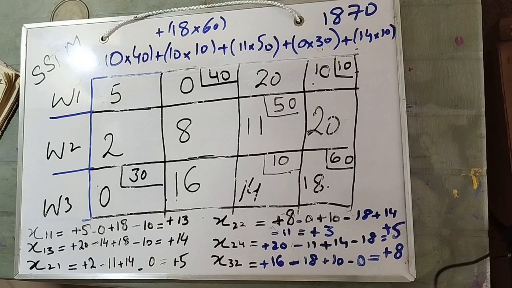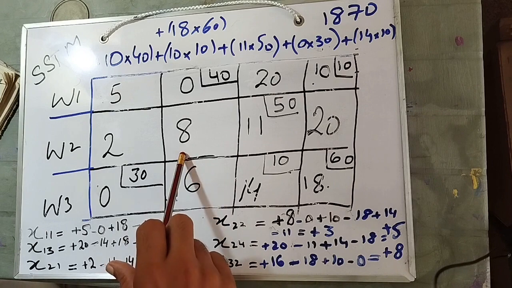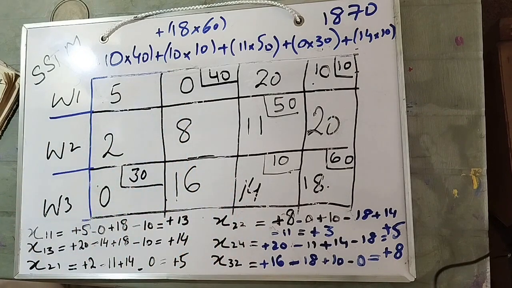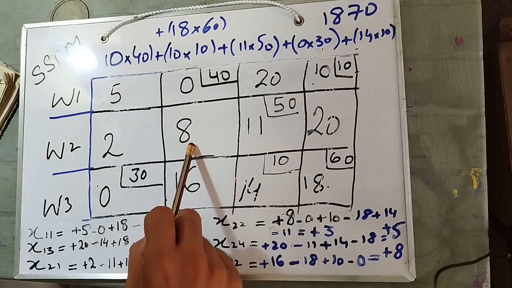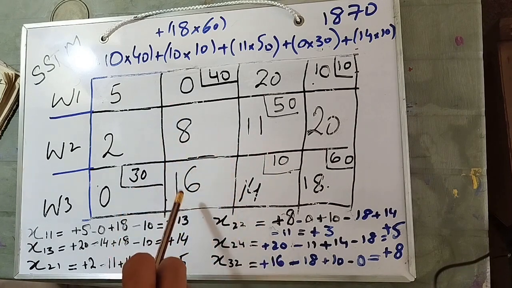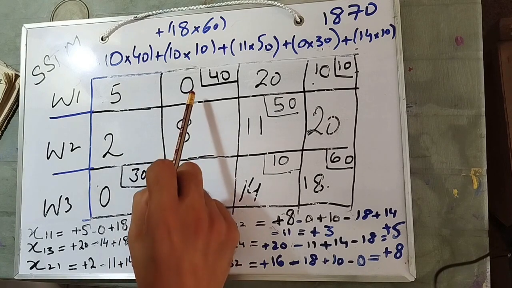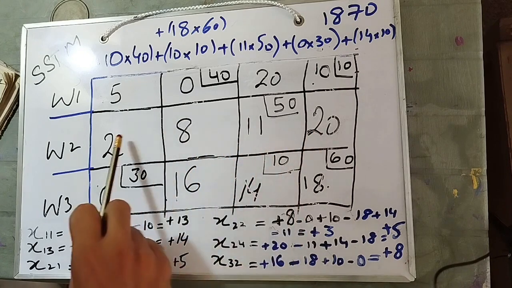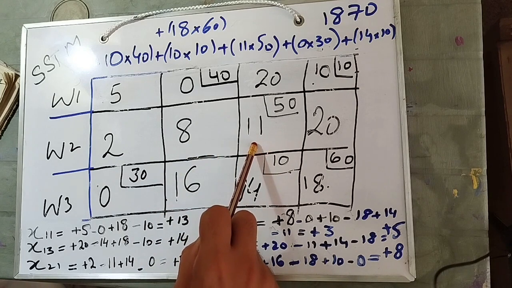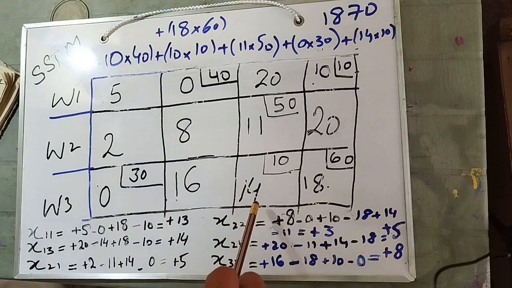Dear students, you see, when we talk about the x21, x22 is 8. So 8 is the x22, the second row and the second column. What you see, we need to find the allocated cells to make a loop. Either we can find it in the horizontal manner or in the vertical manner. So let's see what is near to us, which is making the loop. So start with the 11. 11 is the first horizontal we have, the shortest one. From 11, where can we move? To 14, yes. From 14 we can move to 18 or 0. So 18 would make a long loop,